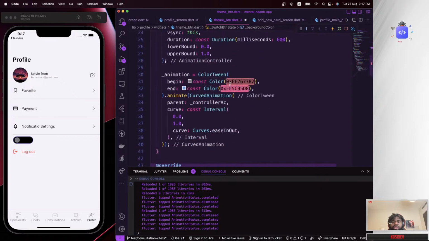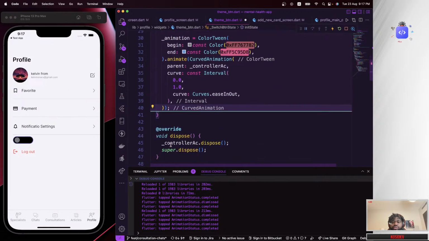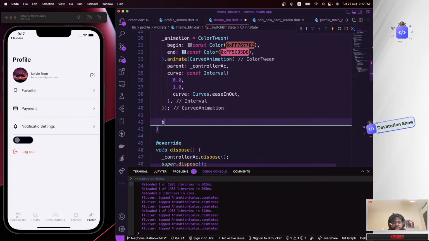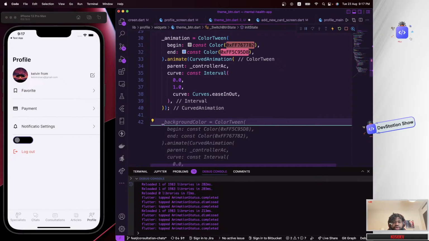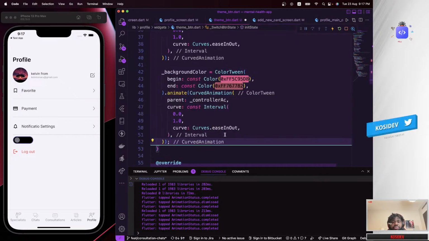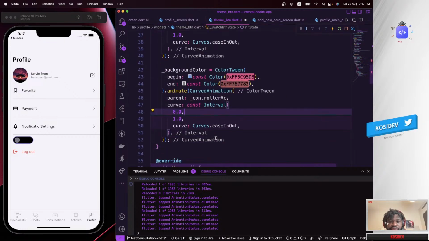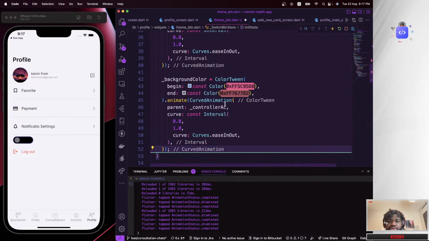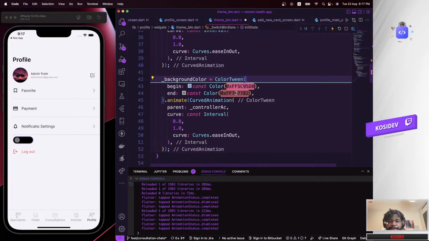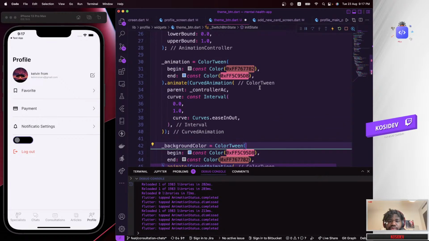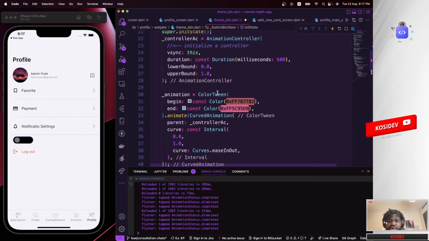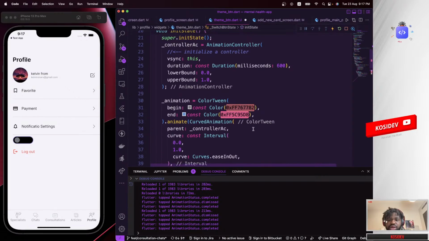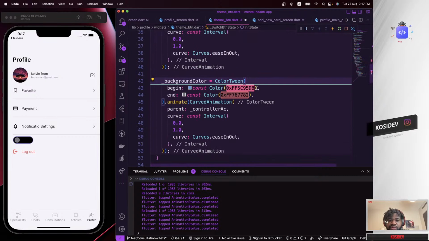And I'm going to use that, just copy this all the way from here to this end. And then I could just say something like background. Okay, that's actually private. Okay, we got that suggested already for us. So we want to start from, okay, but these are the colors that we want to play with, and we need to change this to our main color that we're using. So for the background color first, let's start with that. We want to change from